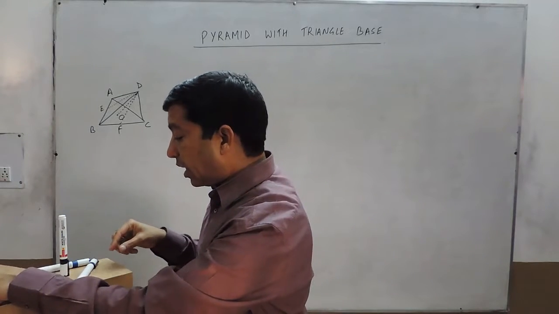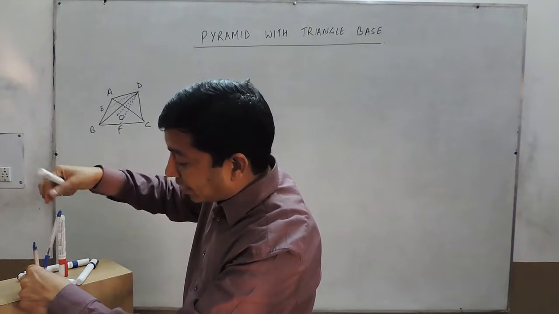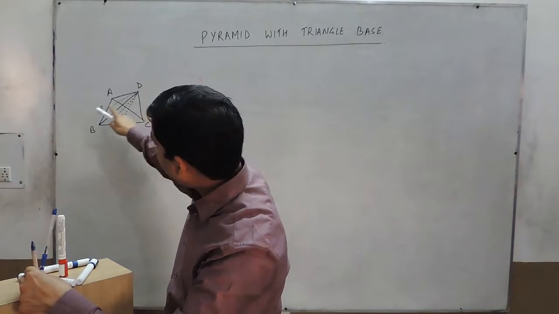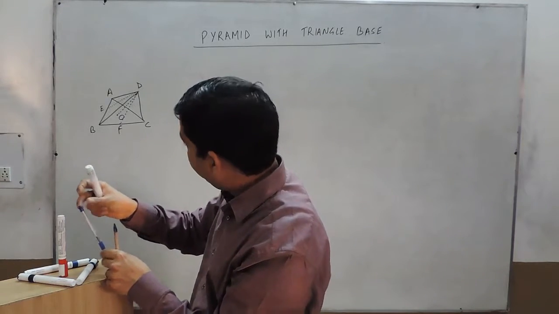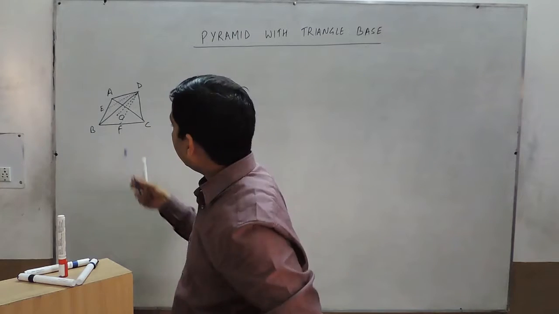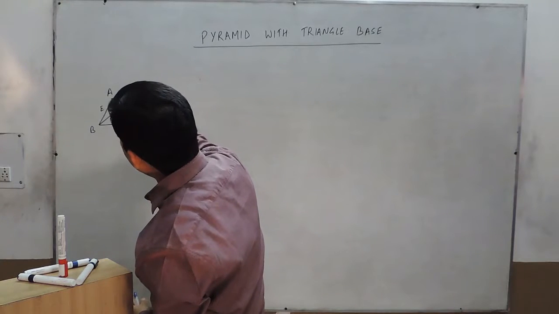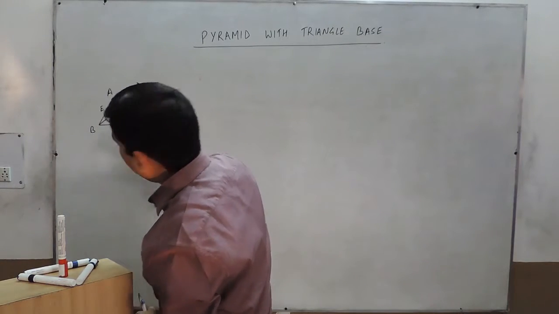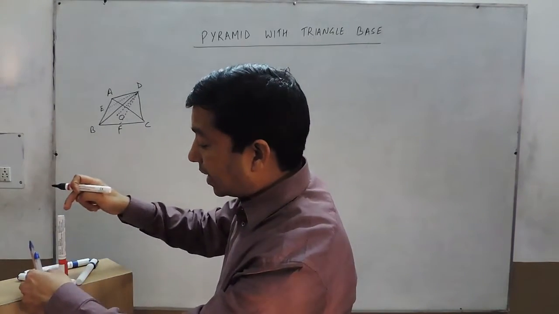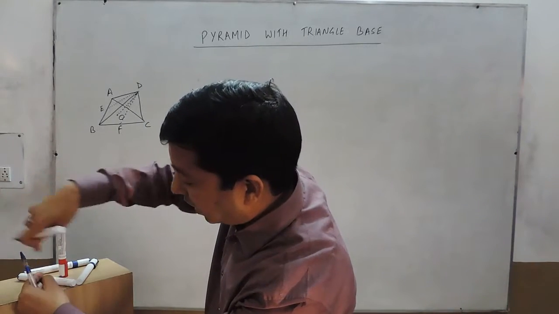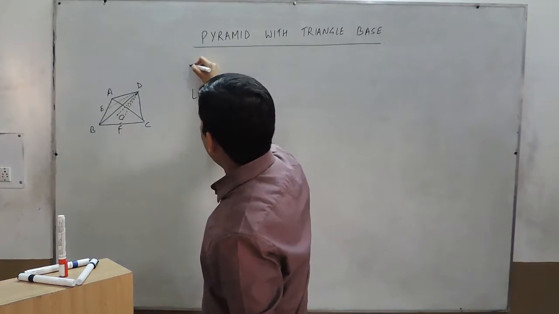Another term which we can define is the slant height at the center of the side. In this figure, it is defined as DE, and it can be put here, which is equal to DF. It can be on this side, which can be written as DG. Again, in the copy DG looks smaller than DE or DF, but practically the value of LC, that is the slant height at the center of the base, is the same. This is the base, so at the center of the base, this length is known as the slant height at the center.